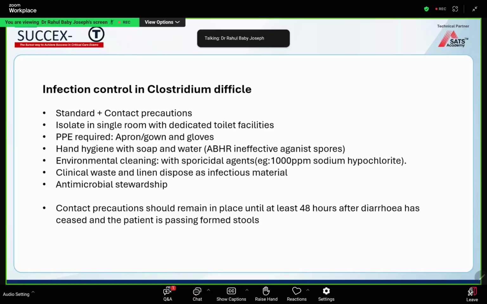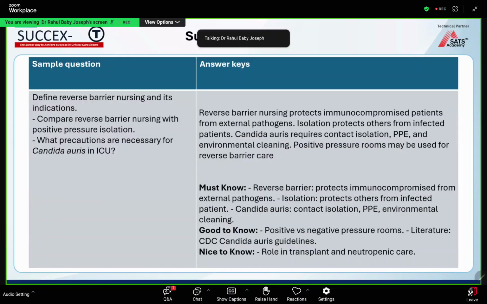So at least 1,000 ppm of sodium hypochlorite may be used, and clinical waste disposal is also important. And antimicrobial stewardship is also important when it comes to infection control and Clostridium difficile. De-isolation criteria in Clostridium difficile is at least 48 hours after the diarrhea has ceased and the patient has started passing formed stools. To summarize, you need to know that reverse barrier is for protecting the immunocompromised from external